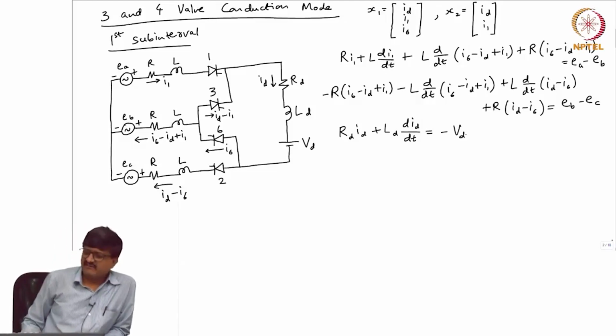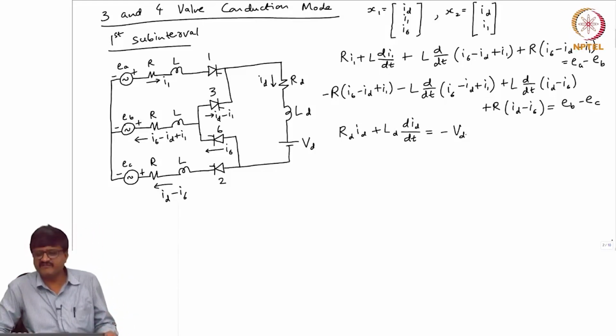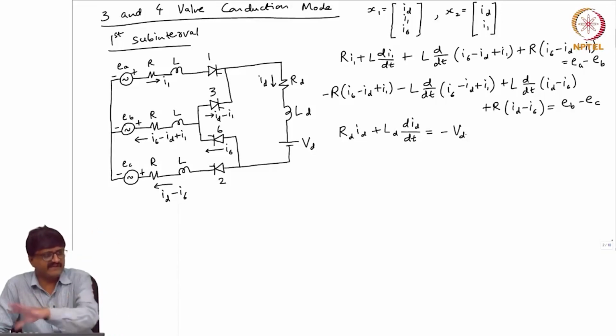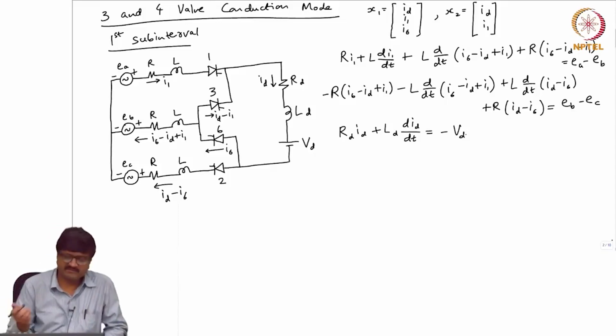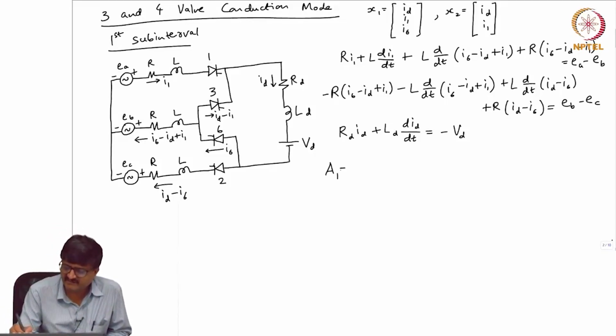So, I will leave it to you to write these equations in the standard form. I will repeat what the standard form is. It is the standard form of first order differential equations. All these are first order differential equations. So, in the standard form, we get the derivative of the state variables on the left hand side, the remaining terms on the right hand side. From that I get A1 and U1. I will straight away give the answer. So, please